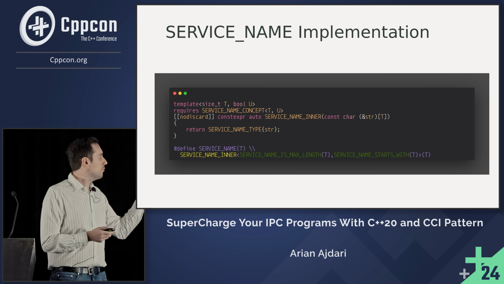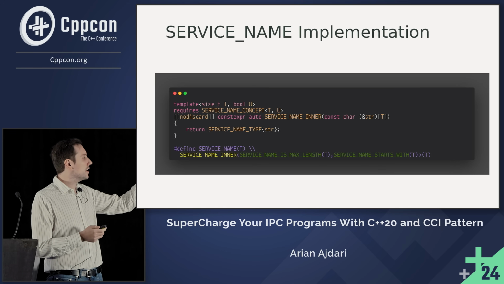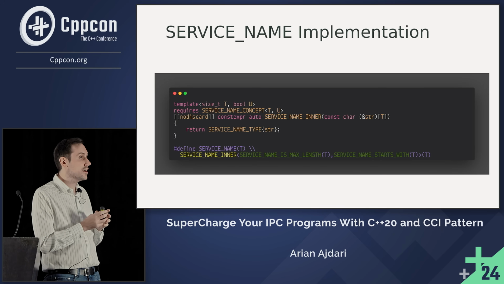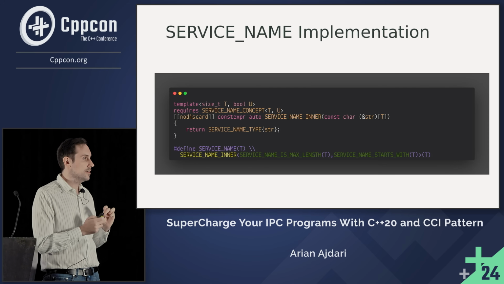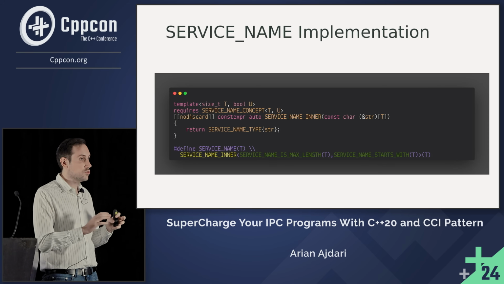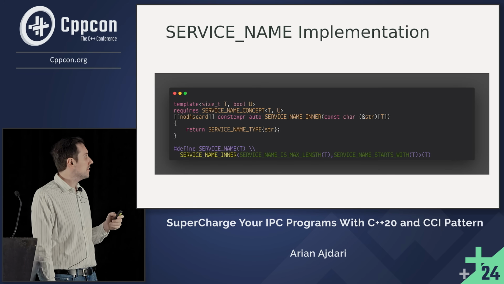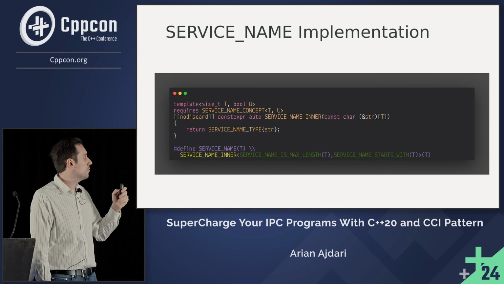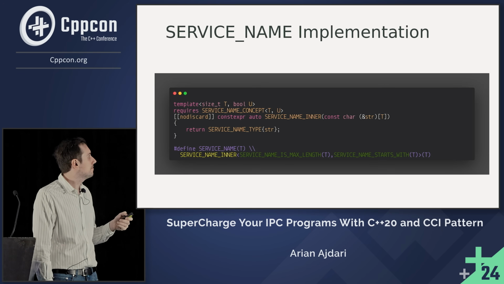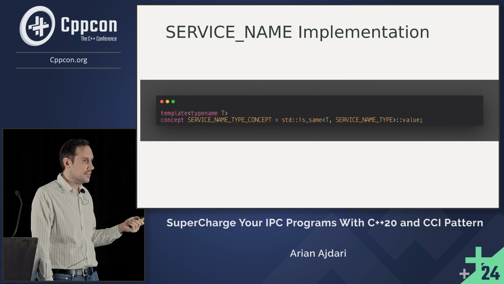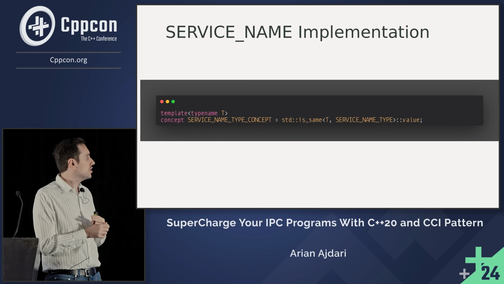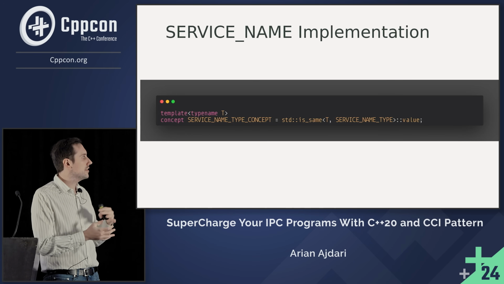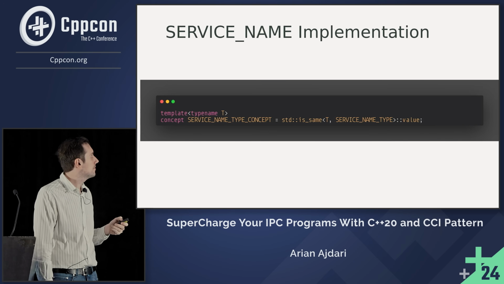This facility, if we modify our function, instead of taking a Boolean, we modify with taking a variadic template, then we can provide as many conditions as we want inside our macro, and this is something that we are going to do later. So we are going to expand this concept, but for service name purposes, I think it's enough just to make sure that these 2 conditions are satisfied. And the same story again. In order to enforce it inside the function as a function parameter, we make sure that the type that we provide is the same as the service name type.